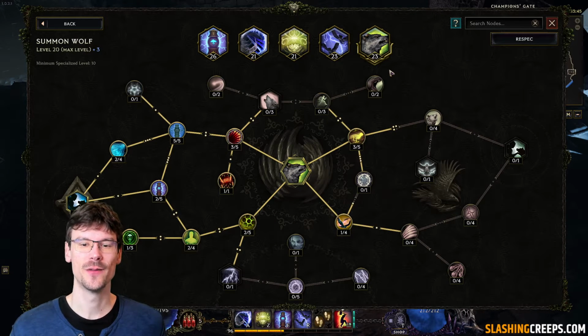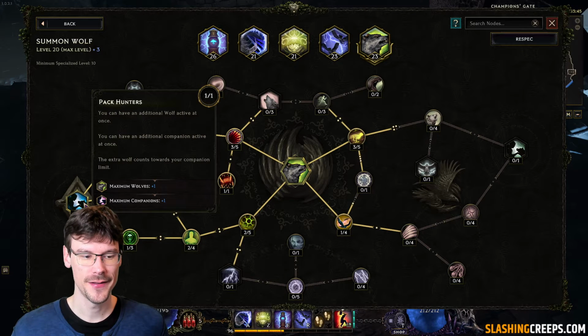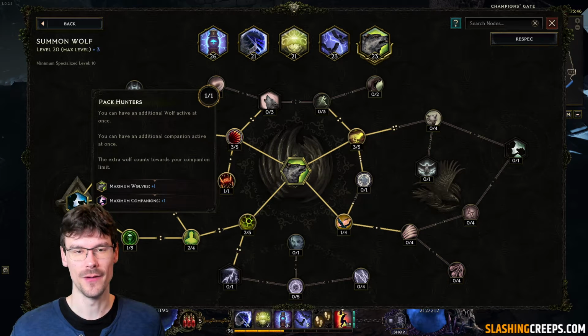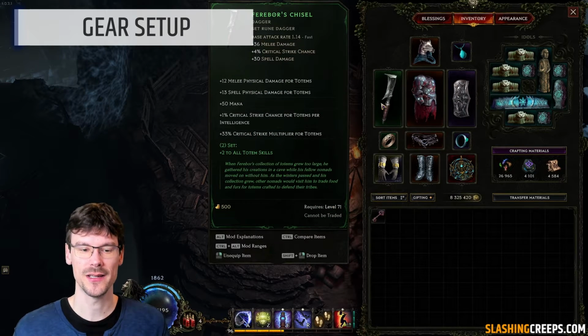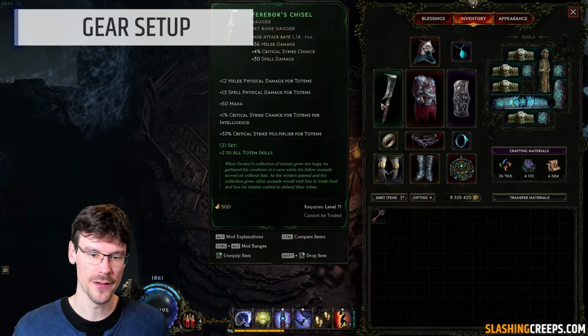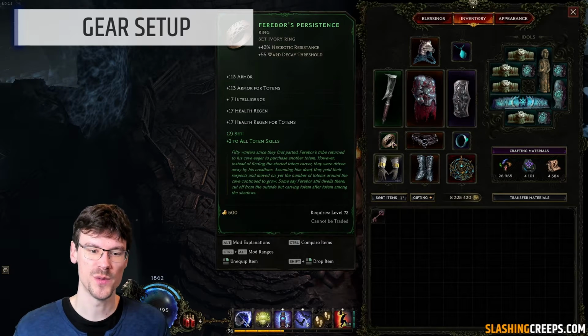I'll finish with the wolves, and this one is quite easy because you'll simply want to have this node in order to have an additional raven. Now for the gear, you want this dagger in order to have some critical strike chance and critical strike multiplier for your totems. You also want to get the ring here in order to have the set bonus with +2